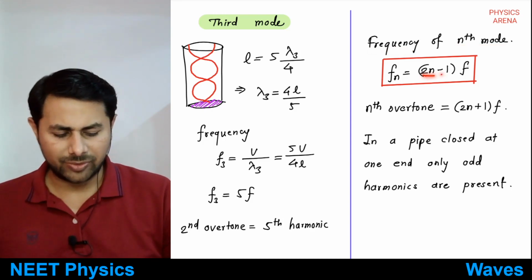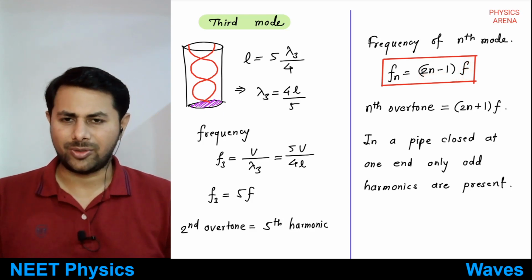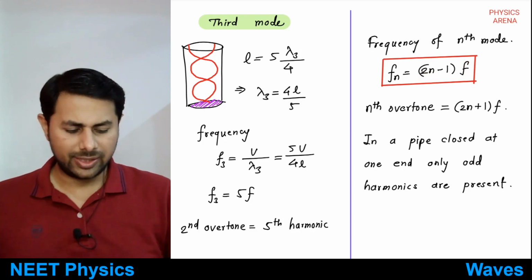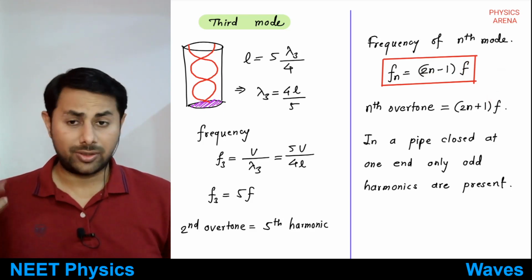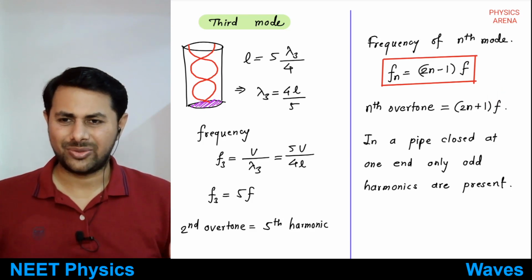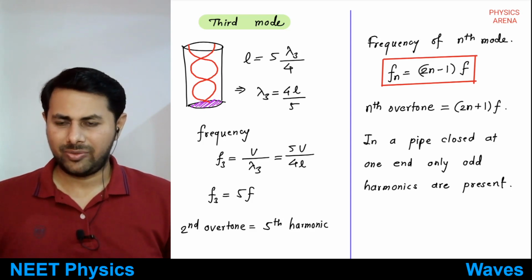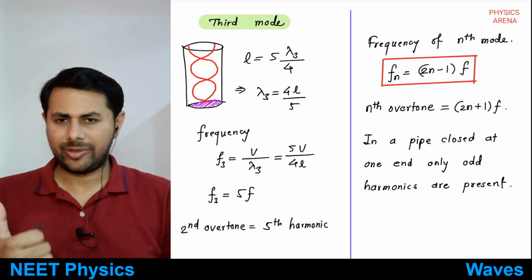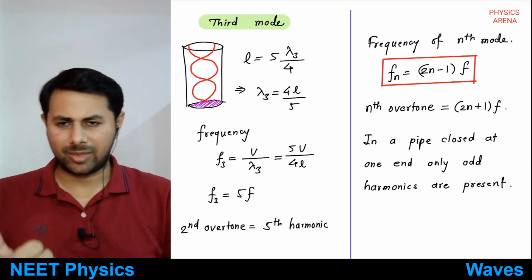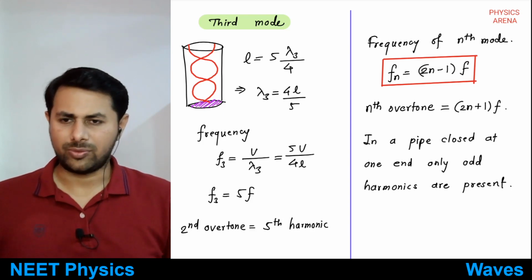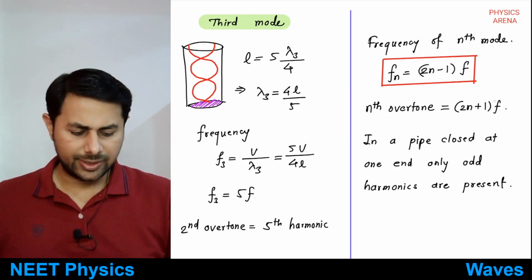All right, so now we need to remember this, that frequency of nth mode of vibration is just equal to 2n minus 1 times the frequency of fundamental mode. Why? Because see, the frequency of first mode is f, frequency of second mode is not 2f, it is 3f. So there is no 2f coming. Okay, there is no even harmonic here. Even harmonics are not present, only odd harmonics are present. So first frequency is f, frequency of second mode is 3f, frequency of next mode is 5 times f, so on and so forth. Okay, this is clear,